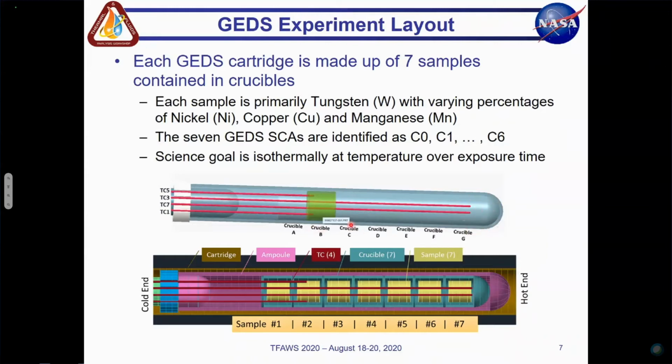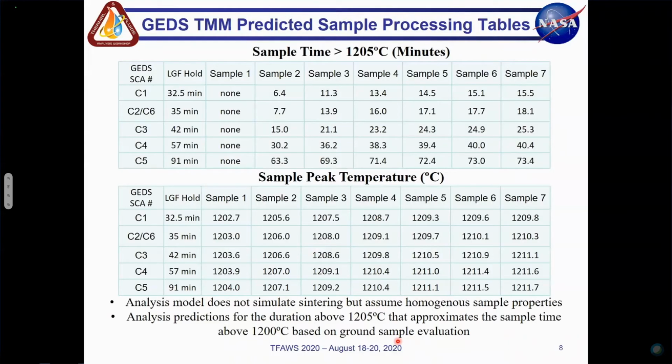So again, you can see we have a CAD model, a thermal model, and what we wanted to note here was that we have redundant thermocouples at the 2nd sample and at the 7th sample. And this is so that we can determine what kind of gradient we have through our samples. We also wanted to note that the farther into the hot zone, so sample 7, is a higher priority sample for the PI compared to sample 1.